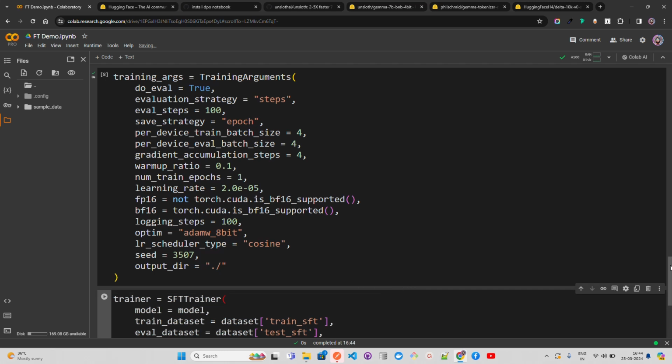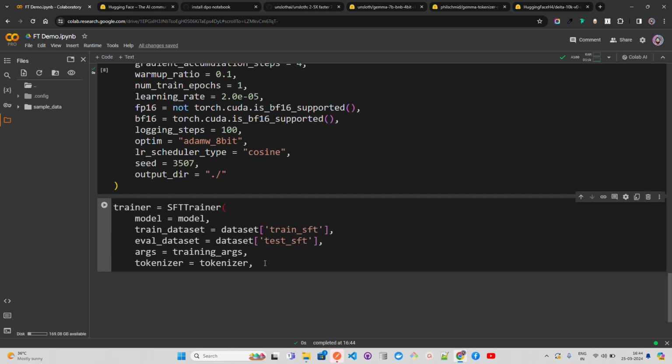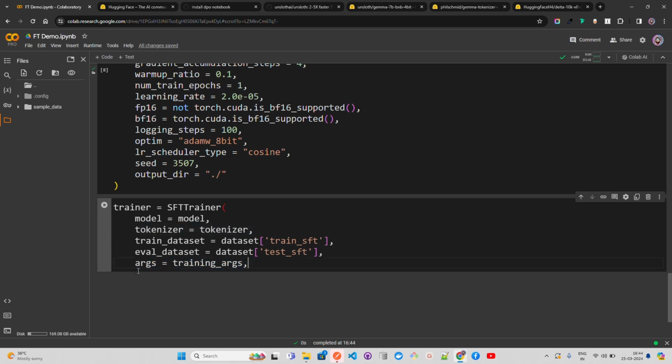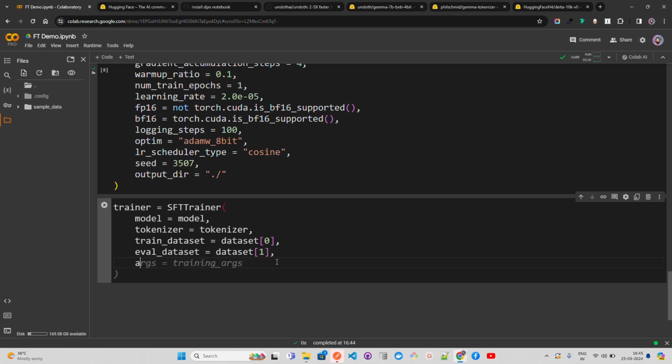Okay, SFT trainer. In SFT trainer, I'm going to have my model equals model, and then tokenizer. Let me just do it a bit order wise. So model and then tokenizer, and then train dataset equals, I'm just going to do datasets. Even if you do this first, it will make sense. It's a list, and if you just do eval as one, then you're going to have